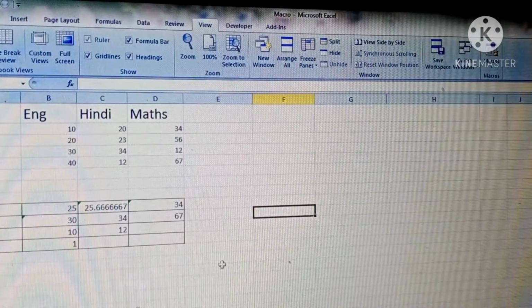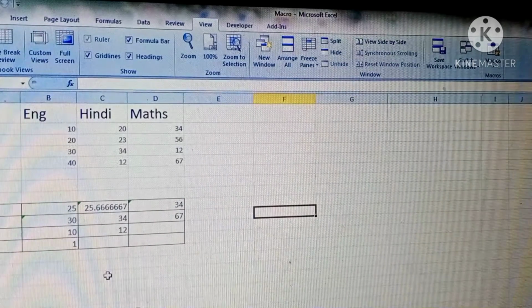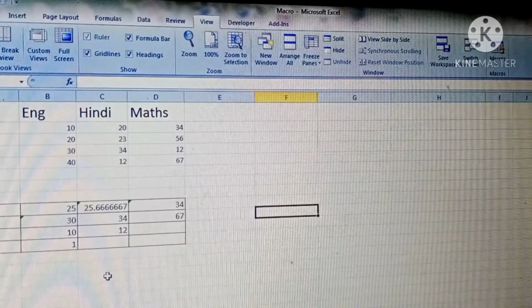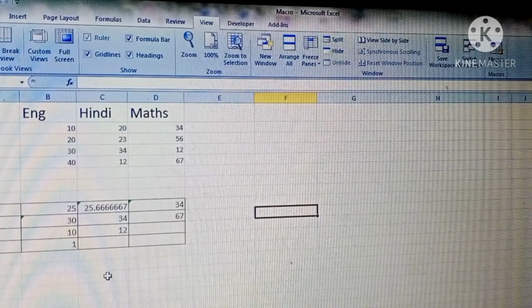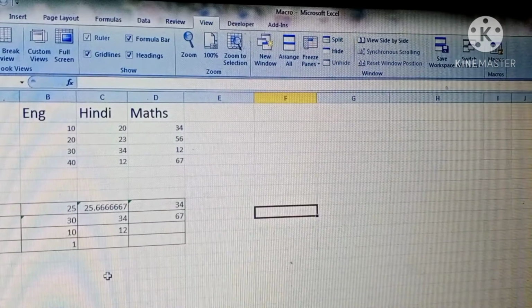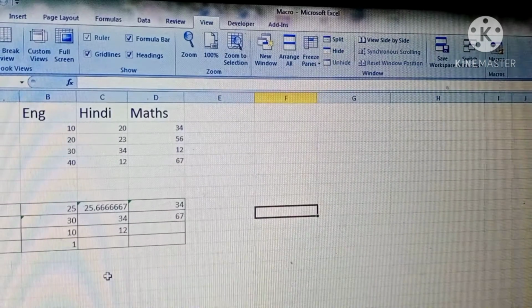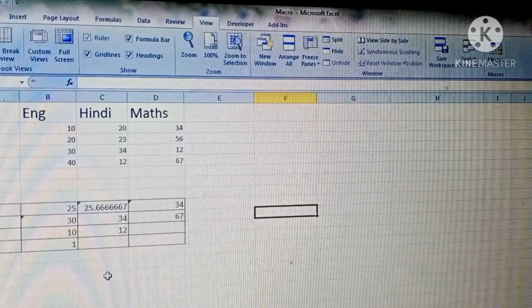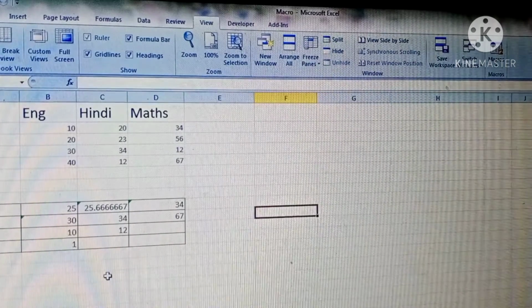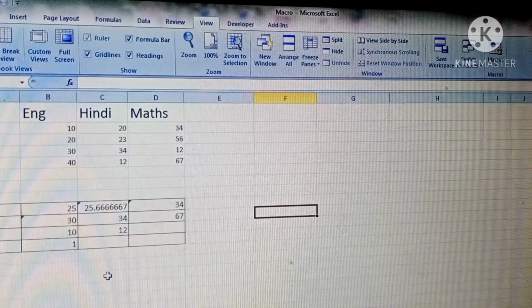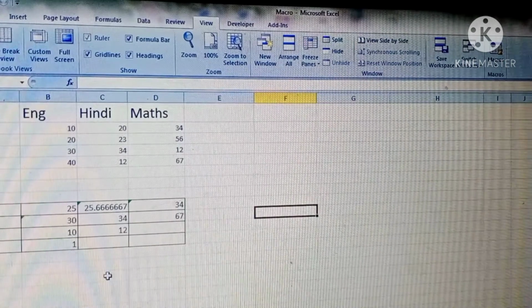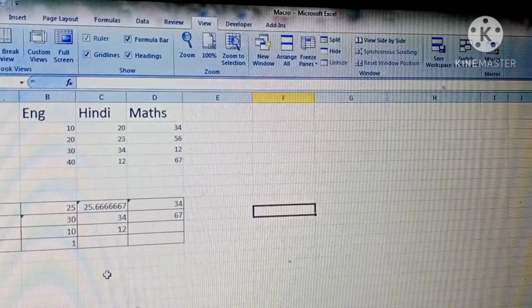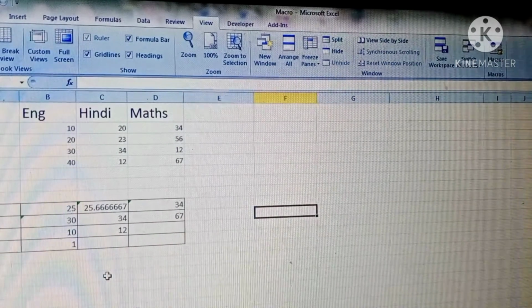So this is the method in which you need not follow all the steps again and again. By just clicking on the macro, you can run all the steps which you have recorded in this macro. And in your book there are many functions given after explaining this macro. Those functions you have to make for macro in VB, but VB is not included in your syllabus. You need not do all these things. You need to do only this in the macro chapter.